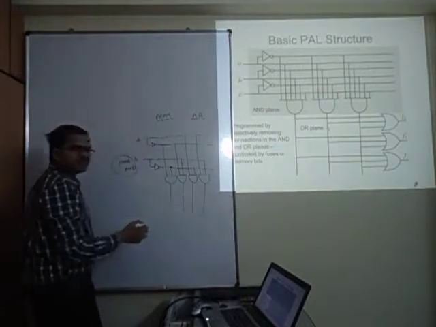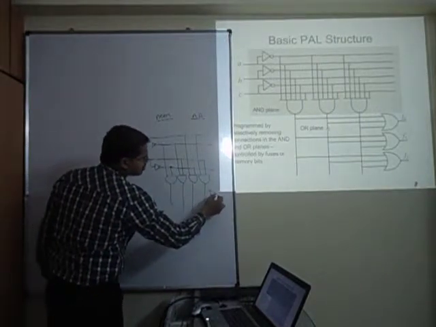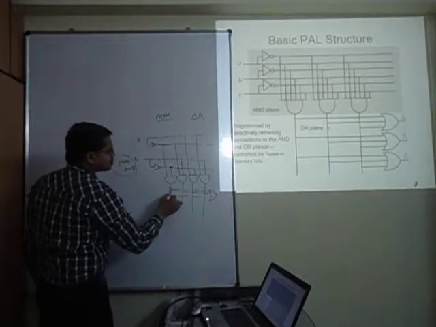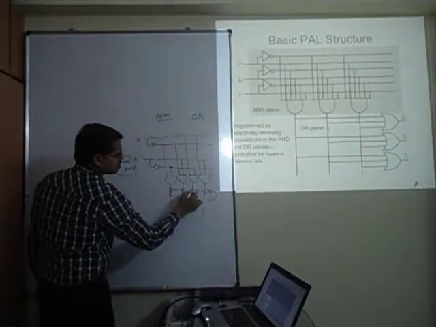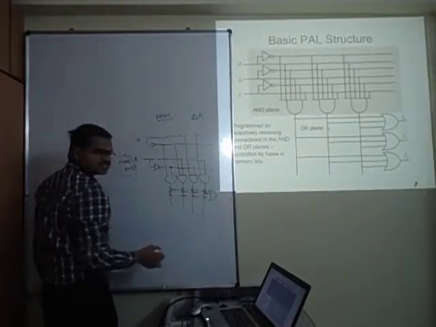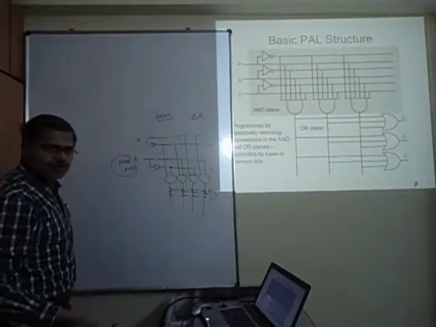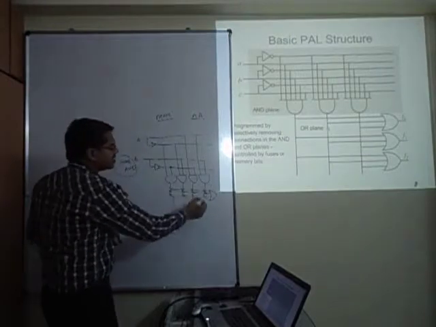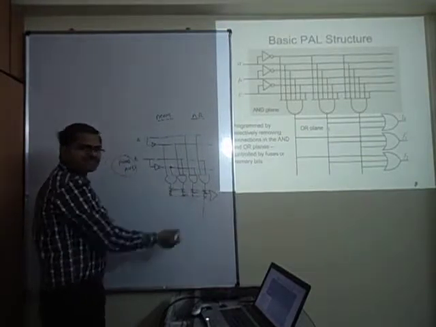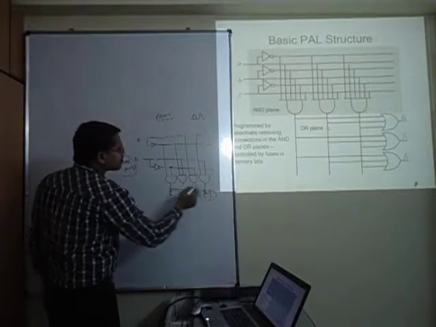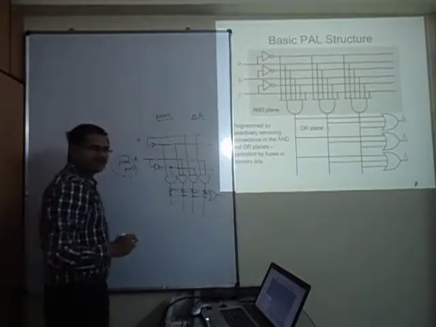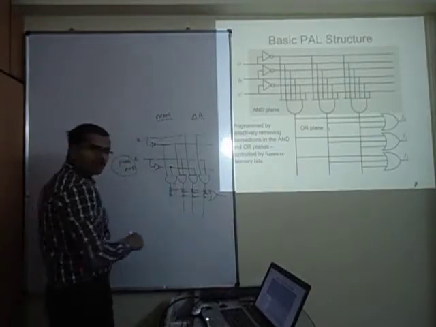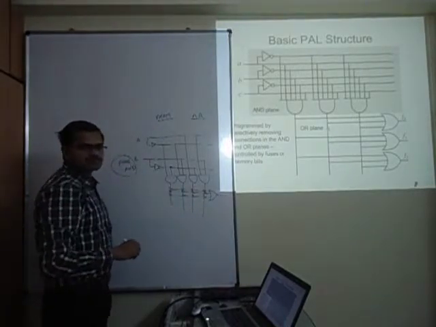Now these are the OR terms. There can be any number of OR layers. These are all fuses. What I am showing is a general architecture; in a specific chip number, there will be some architecture where they will say there are 4 OR terms or 5 OR terms or 10 OR terms like that. So what this is giving is that any Boolean function implementable with a combination of these min terms, you can use. Got it?